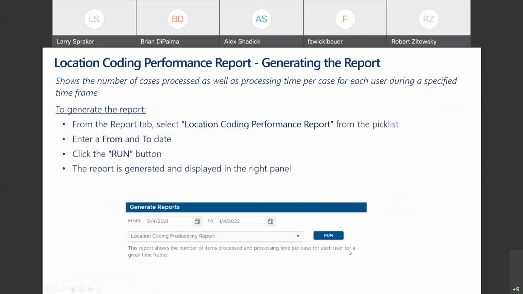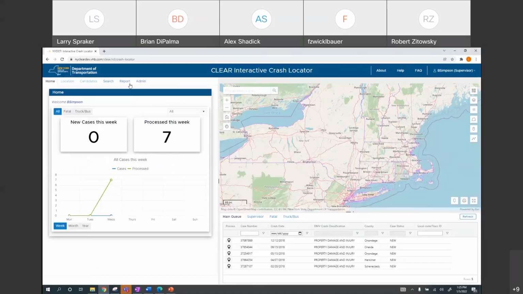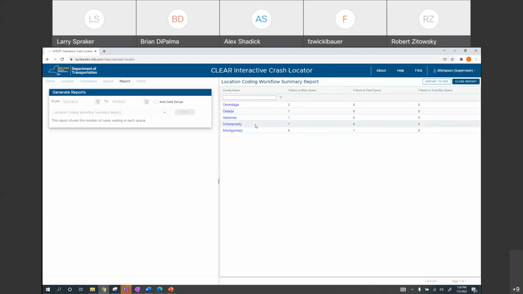So before we go to the next report, let's just jump in and show you that. Okay, so if I go to the report tab, I'm going to pick the location coding workflow summary report. Okay, and I'm not going to worry about a date range. I just want to see them all right now. So I'm going to hit run, and you can see where I've got now. I showed you earlier, when we looked at the main queue for the supervisor role, you could see these exact 5 crashes